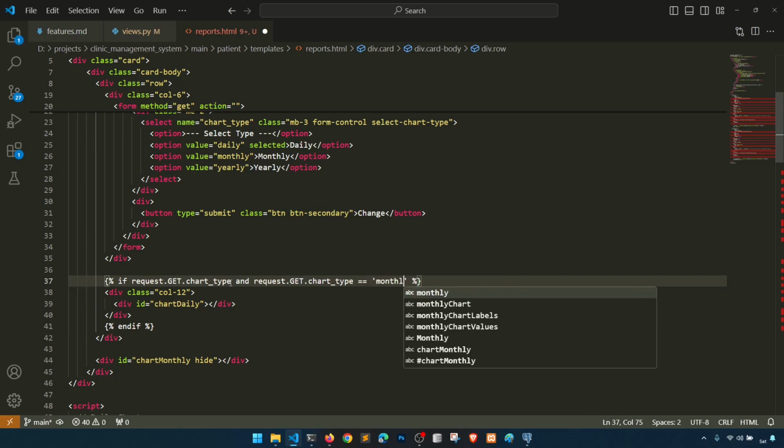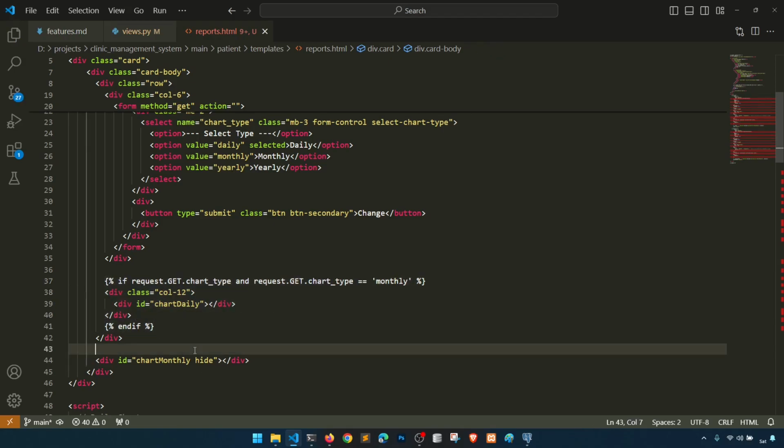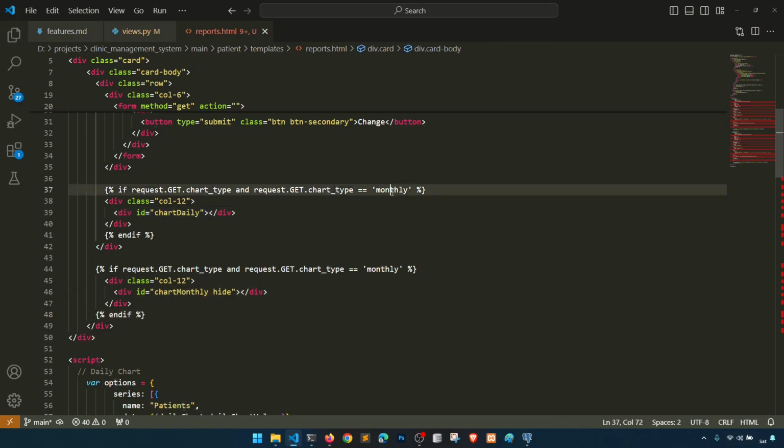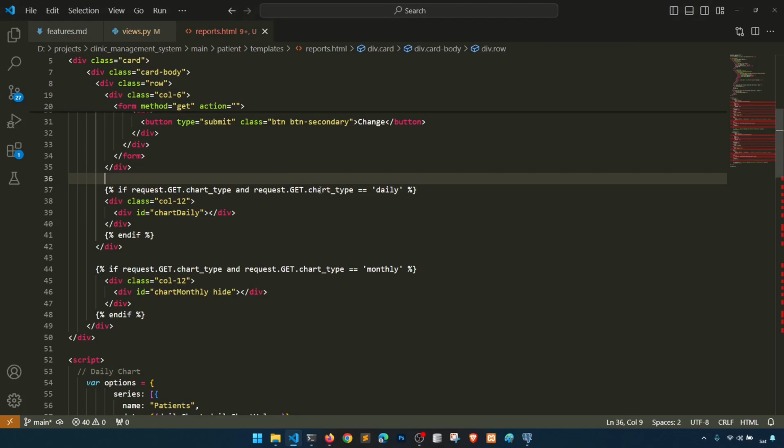equal to monthly, then we will show this. No need to hide. What is this? Actually we need to define the condition here, but we have defined there. Okay, so let's define this one. All right, and here we will say daily, correct? So if daily, if, we will say if not,